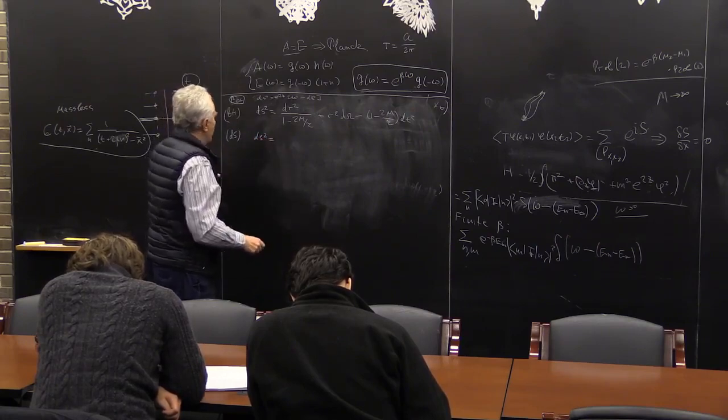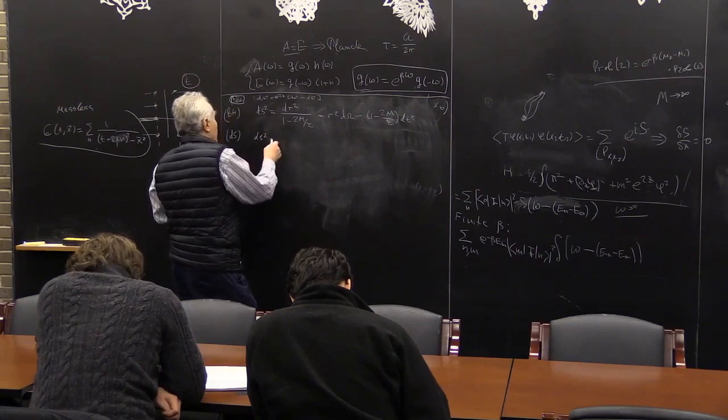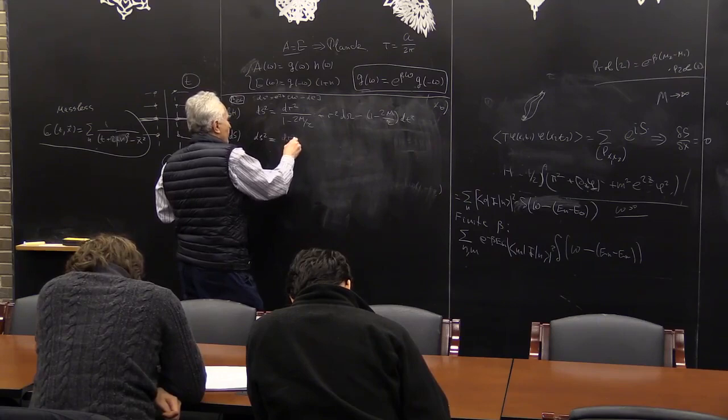The metric is, it's the space of constant curvature, and the metric is